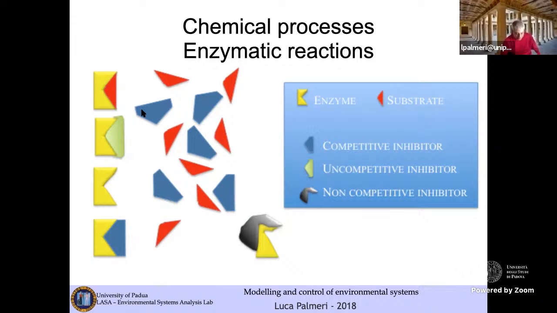A competitive inhibitor, or competitive inhibition, is obtained by introducing into a reaction a third chemical substance that has a compatible shape in terms of key, like the blue one, so that the blue one can easily